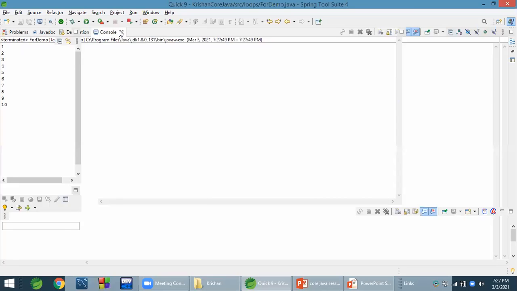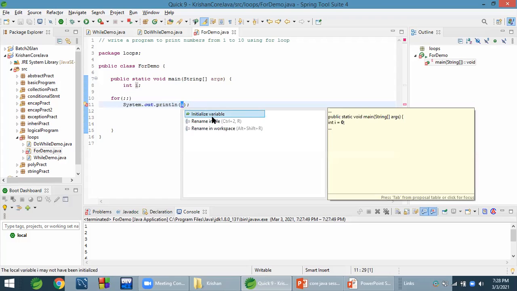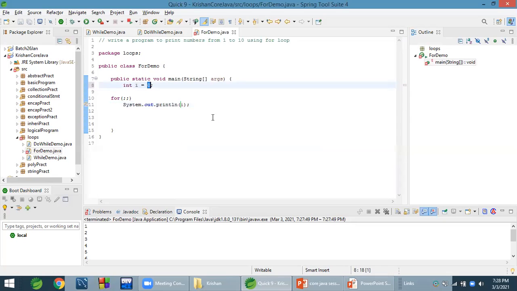So this means in the print statement also we can implement the increment, and that will be applied to i's value also. It means we can skip this part and write the loop like this as well. But what will happen? This will become an infinite loop, right? Yes, this will become an infinite loop. Initialize the variable, so it will now print 0 infinite times.